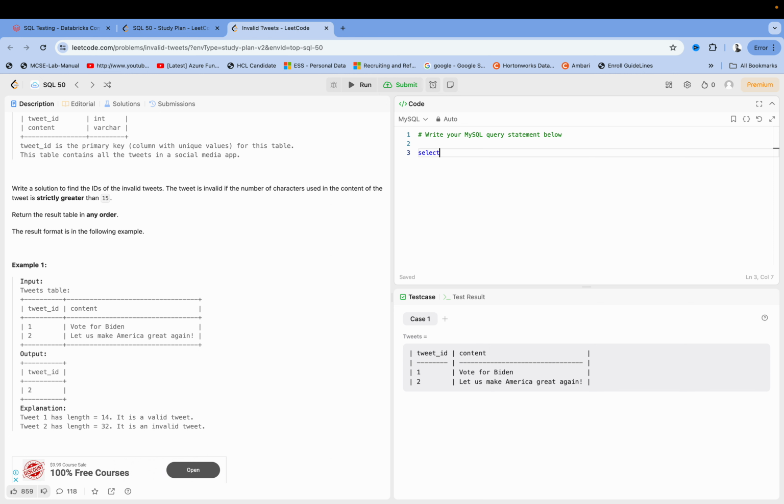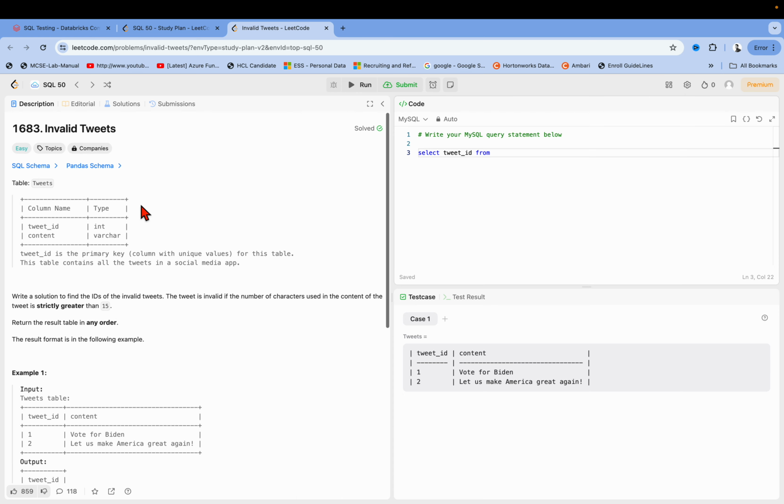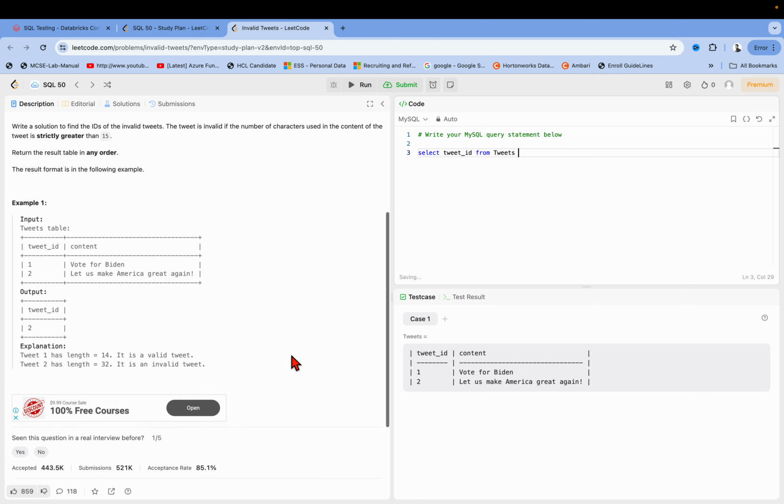Select, what we need to do. Select tweet ID. We need to find the tweet ID from the table named tweet. Select tweet ID from tweet where